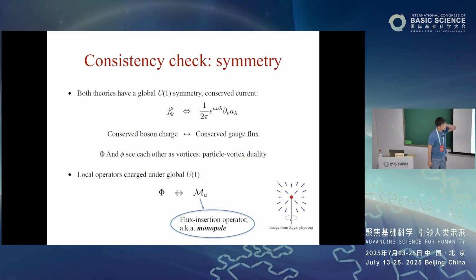So this statement, as far as I can tell, has no analytic way to derive it, partly because both theories flow to strong coupling in the IR, and there's no analytic solution to either of those. So as I said, if you really want to be sure about this duality, you need to do a very serious numerical check. I don't know how to do that, but at least we can do something much more naive. At least we can check that this statement of the duality makes sense. It's not obviously wrong.